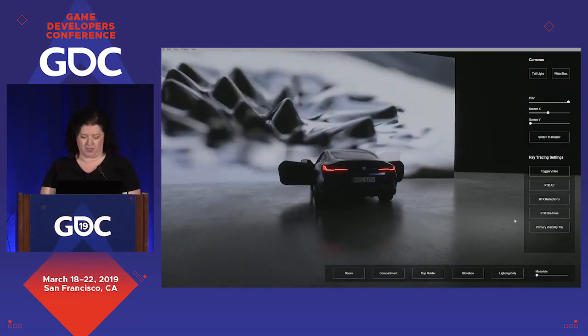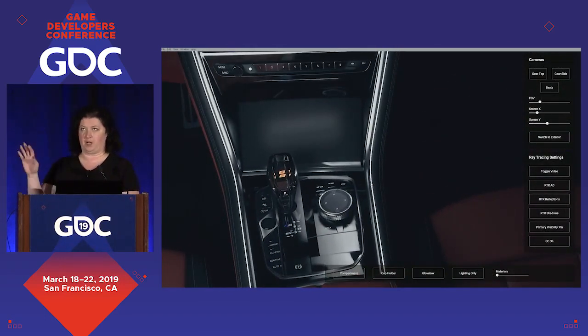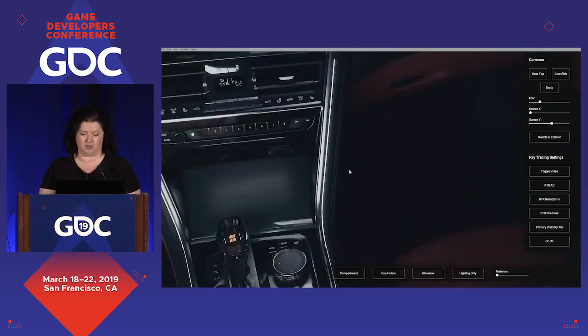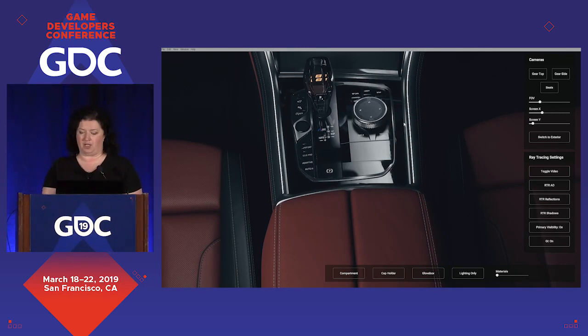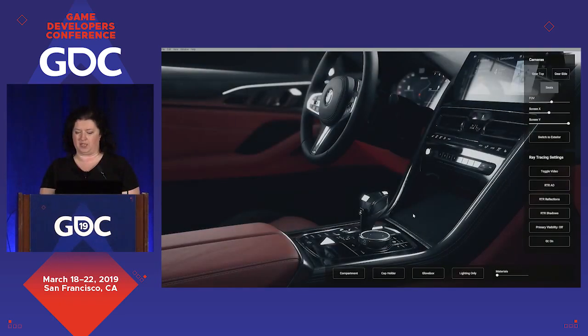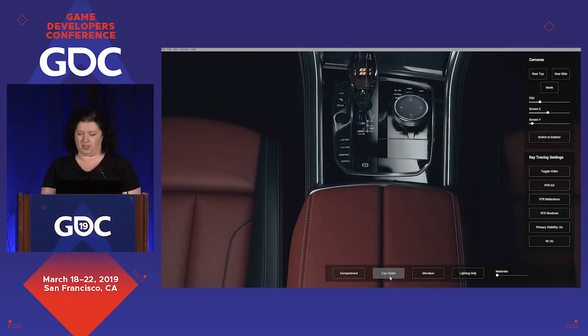The primary visibility ray is a lot more noticeable in the interior. If we go to this region, the gear shift box, and pardon my car terminology knowledge, because I'll probably name something incorrectly, it has a really complex transparent and refractive object. If I turn the visibility ray on, and if I go a little bit sideways, you can see the loss of quality of being able to get the internal effects within that object from the bounces that are happening. And if we look at reflections, again, we can start seeing all of the dynamic elements of them.